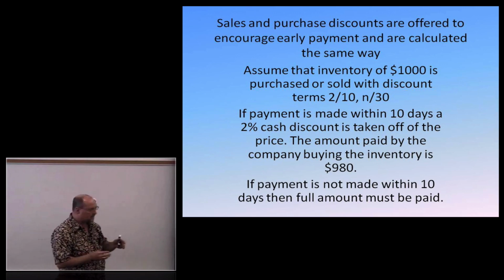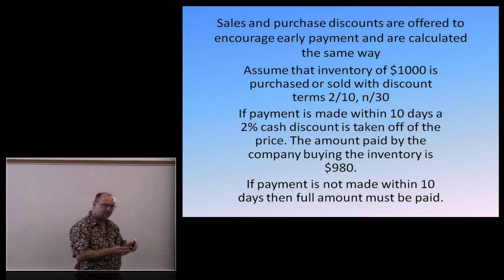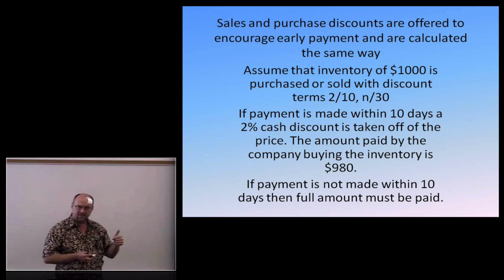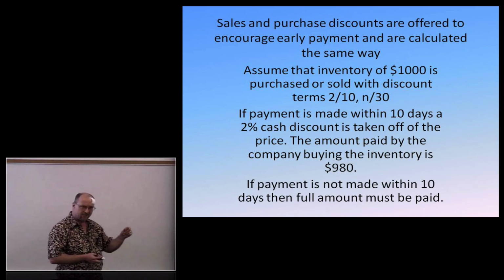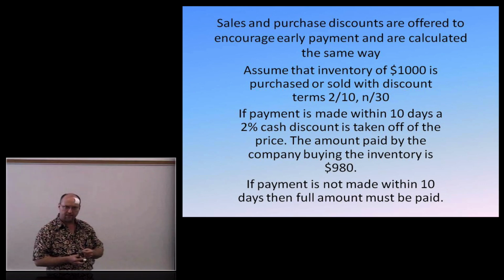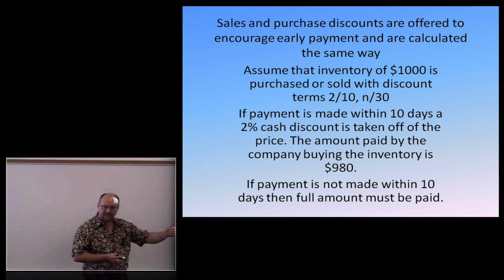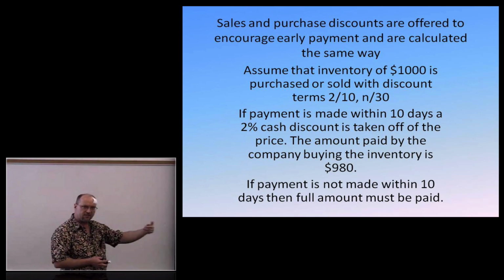is how we describe them, 2/10 net 30. Let's define each of these four components. 2/10 net 30. The 2 is the percent of the cash discount that you will save by paying within 10 days. So you normally have 30 days to pay in our example, but if you pay them within 10 days, they'll let you take 2% off of the normal price. If you don't pay it by the 10th day, then you still have to pay it within 30 days, but there's no discount. So N stands for no discount, and 30 means you still have to pay it within 30